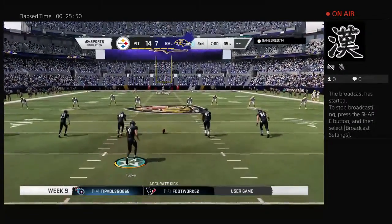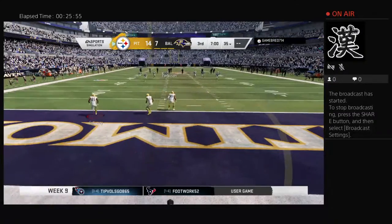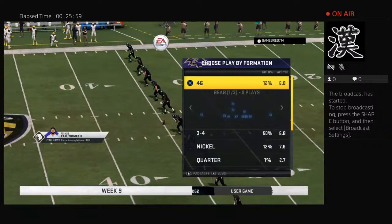So time for the second half as the Steelers have the lead, and they will also be receiving the football here to start the third quarter. And this will be a touchback as that sails over the...